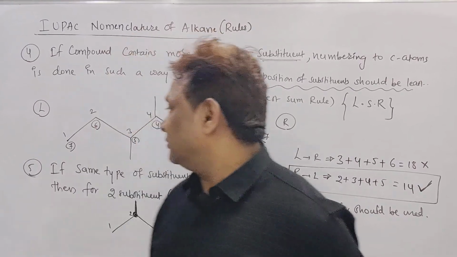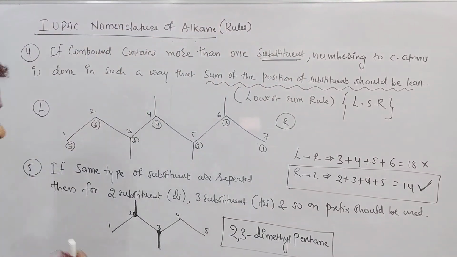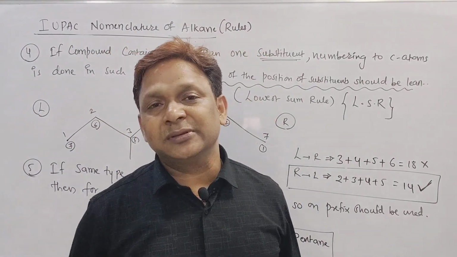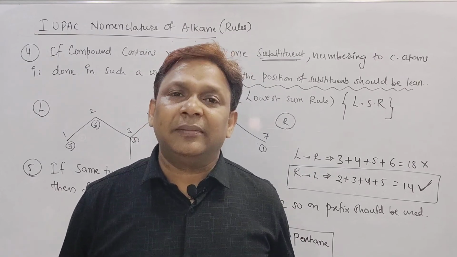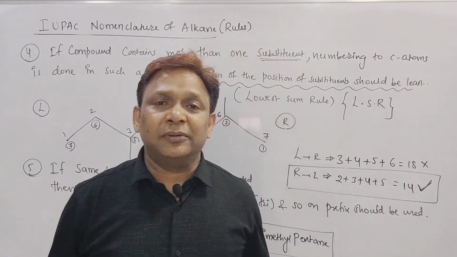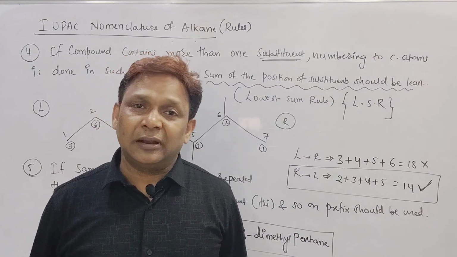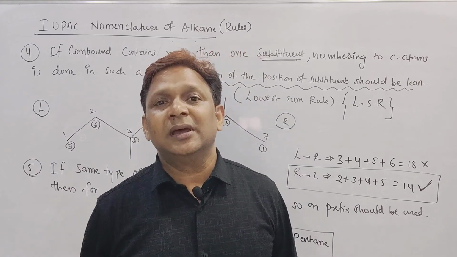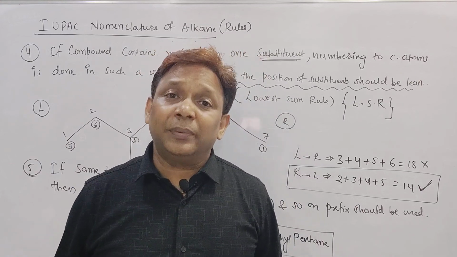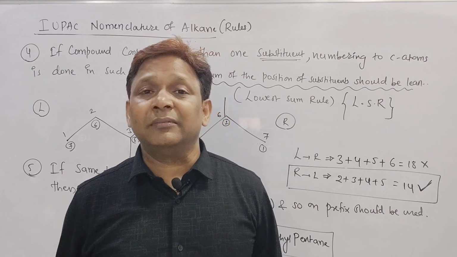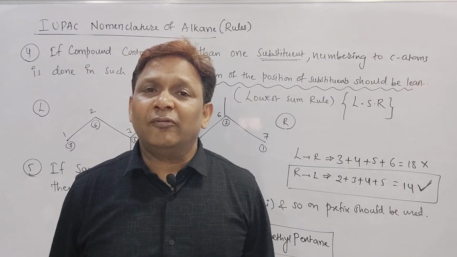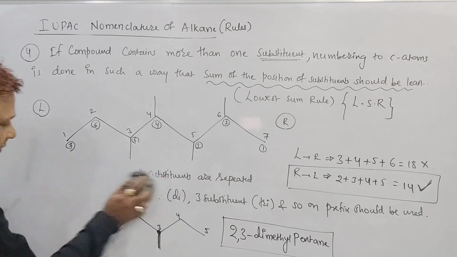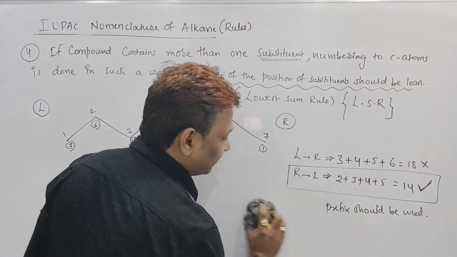Till now we have seen 5 rules. Now see the 6th rule. What is the 5th rule? It says that if the same type of substituents are repeated 2 times, the prefix di should be used; if repeated 3 times, the prefix tri; and if repeated 4 times, the prefix tetra should be used. Right? But now, instead of the same substituent, if different substituents are present in the organic compound, like methyl with M, ethyl with E, butyl with B, for that we have to follow alphabetical order. That is rule number 6 now. I'll take out all of rules 4 and 5. Now we'll start with rule number 6.